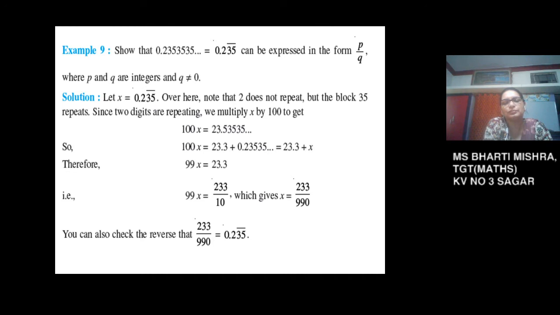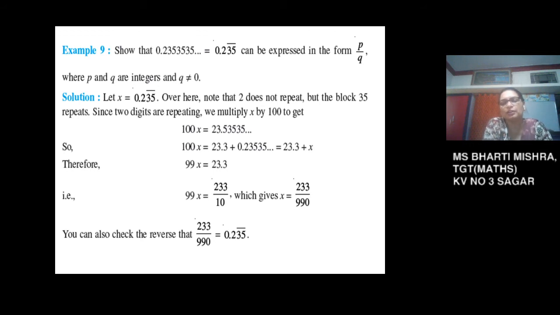Now simplifying the linear equation, we have 99x is equal to 23.3. On simplifying, we get the result as x is equal to 233 upon 990, because 23.3 on converting this into